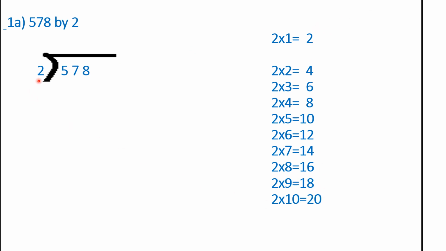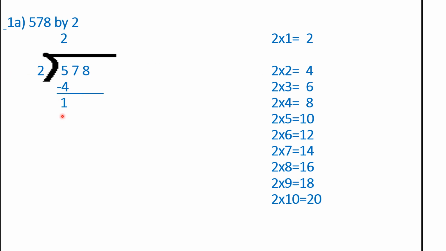Now children, you have to divide this 5 by this 2. Okay. So you read the table of 2 and you have to get 5 or just less than 5. So you read 2 ones are 2, 2 twos are 4 and 2 threes are 6. So you have to get this 5. 5 comes between these two numbers 4 and 6. So now you tell me which number you will apply: 2 twos are 4 or 2 threes are 6. So you will apply this 2 twos are 4, because 4 is just less than 5, no? So you apply here 2 twos are 4.